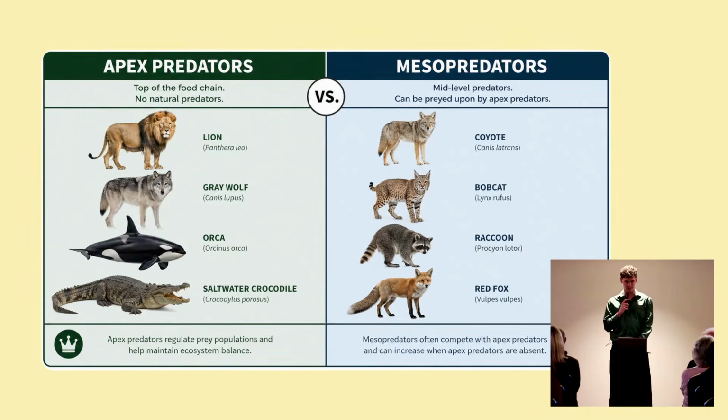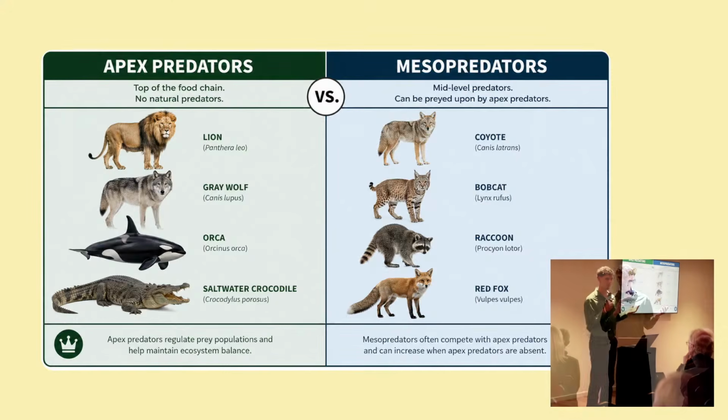And these interactions are characterized by some key theory that we have, which is the mesopredator release hypothesis, which basically says that mesopredator populations will react inversely to those of apex predators. And that's because the apex predators will either competitively kill the mesopredators because they don't like them, or they'll just sort of exclude them from that ecosystem by being more competitively dominant.